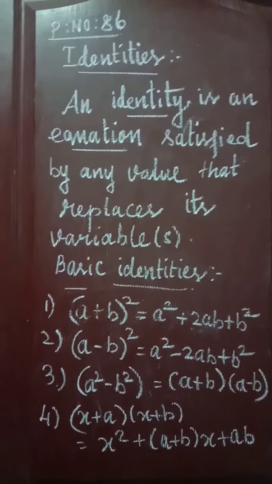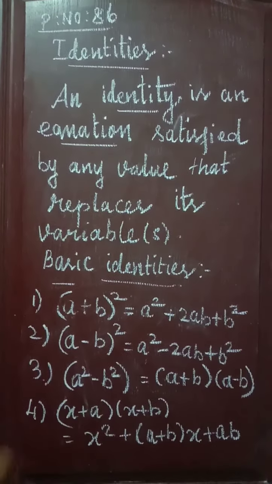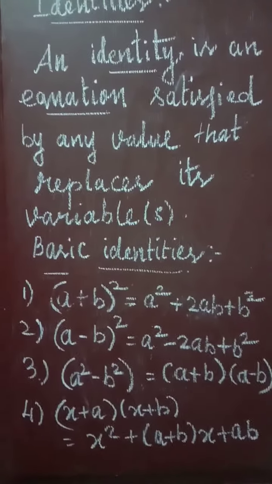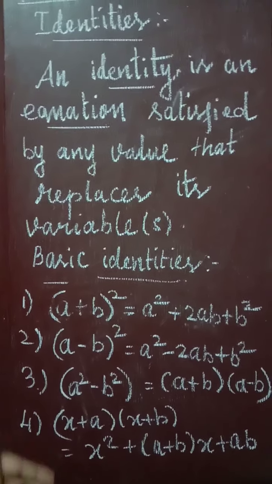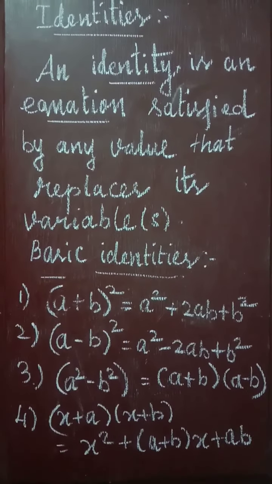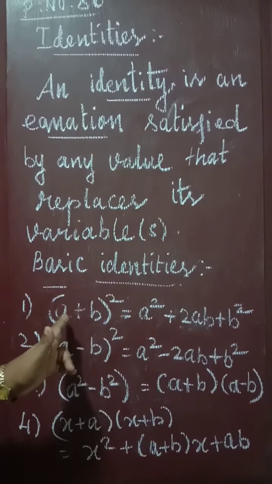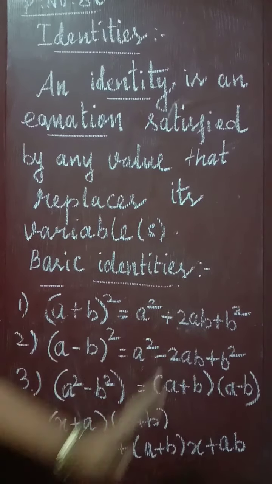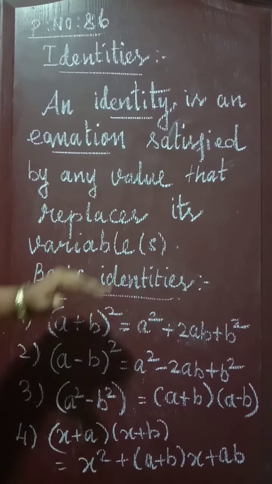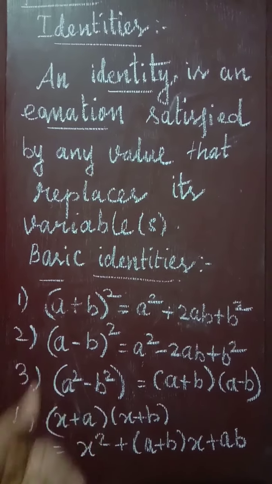These identities came in 7th standard, 3rd term. So listen to the identities. a plus b the whole square. How do you read this? a plus b the whole square. You have to study these formulas for the next class. a plus b the whole square is equal to, first a square, next you multiply a and b, so 2 times a into b, last b square. You say the identity: a plus b the whole square is equal to a square plus 2ab plus b square.